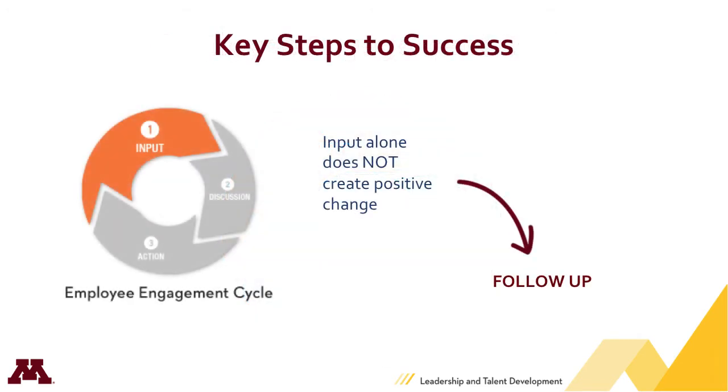One very important thing to keep in mind is if you ask for input, whether using the employee engagement survey or asking for informal feedback at a meeting, those are just mechanisms for input. They don't actually create positive change. So make sure to follow through and involve leaders, faculty, and staff in discussing the input. Disengagement begins when people who take time to provide feedback or respond to a survey don't hear back from their leaders. So a few small, simple actions can have a very large impact.